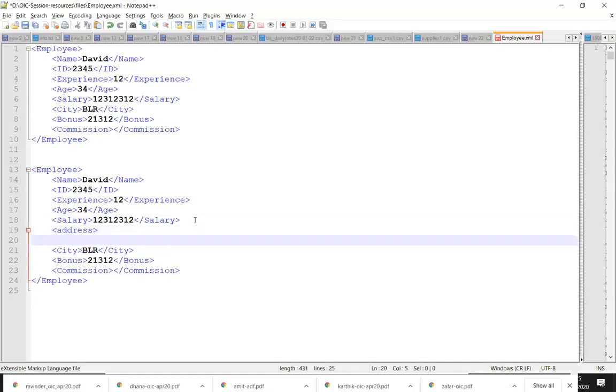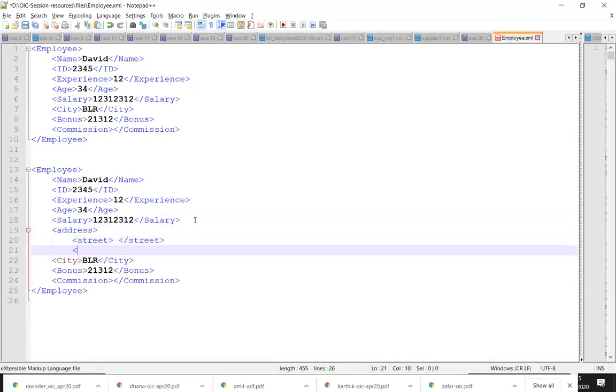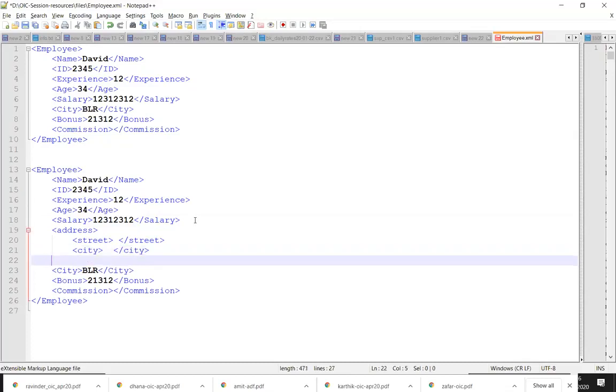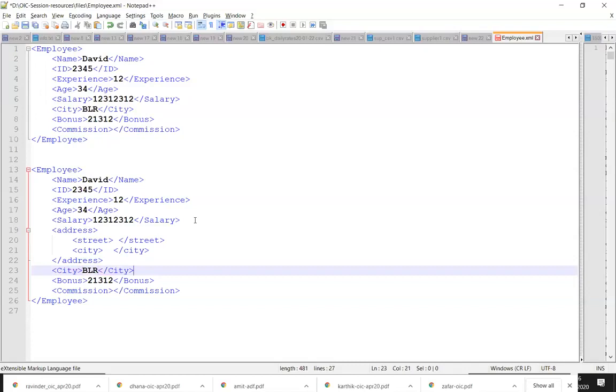Okay. And inside address, I have my street name, right? Something street. And then I'm also having some city like that. Yes, no problem. You can add more fields and you can say this is going to be the representation of employee according to your requirement. You can extend it. You can make it as you need it based on your requirement.